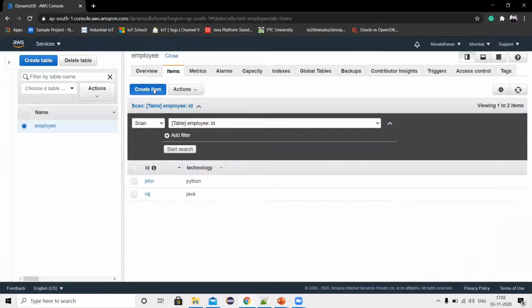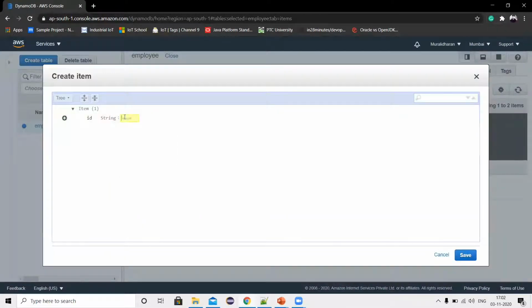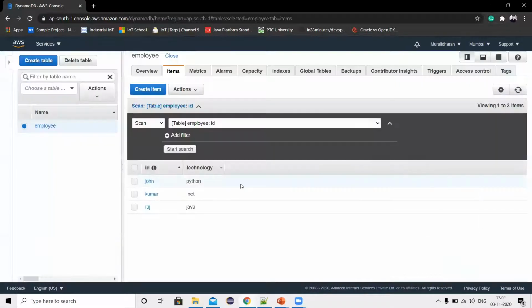And one more item, Kumar, string, technology, .NET. So we have created the table and items as well.